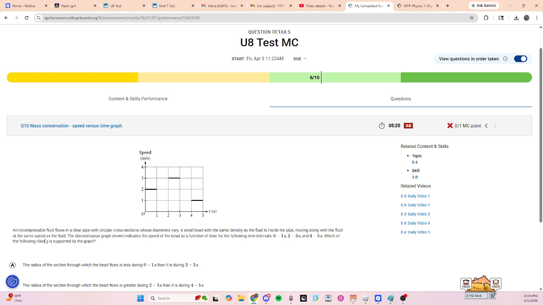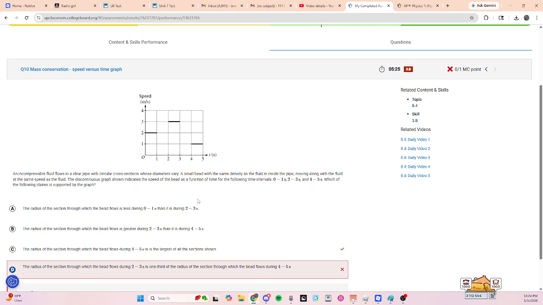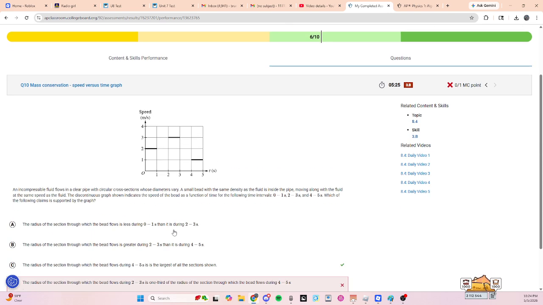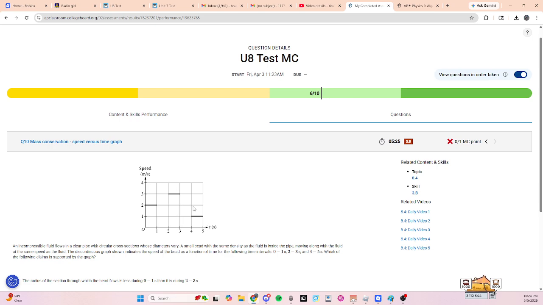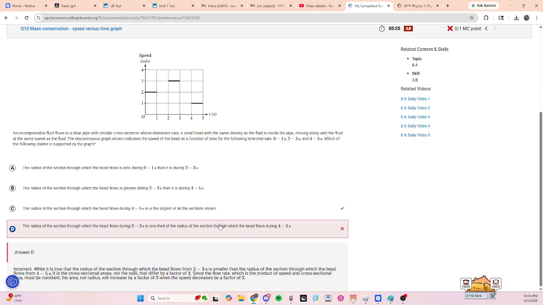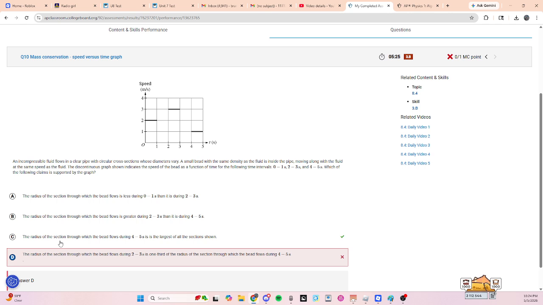it moves at the same speed as the fluid. So we know that at these points it's moving at this speed. So I put the radius of the section between 2 and 3 seconds is 1/3. Okay, so I thought it was this one, since if the speed is 3 times, then the radius should be 3 times less. So it should be 1/3, and that's why I chose this one. But I guess reality is